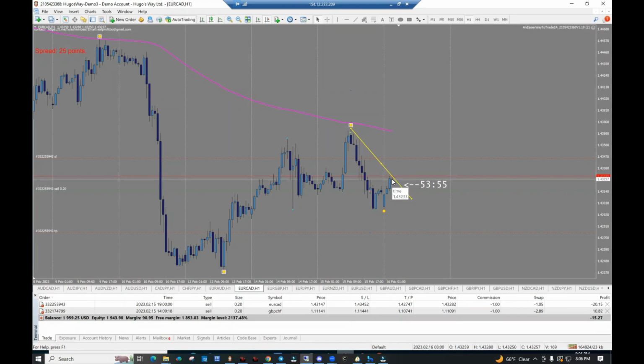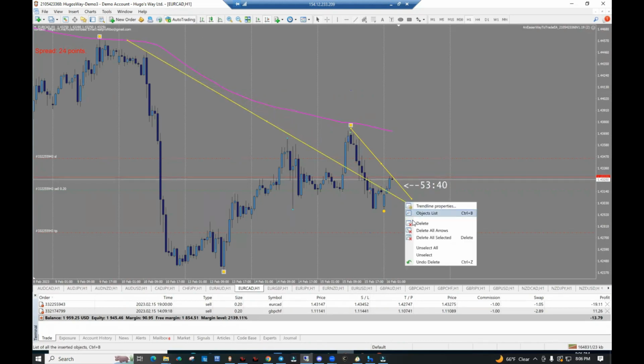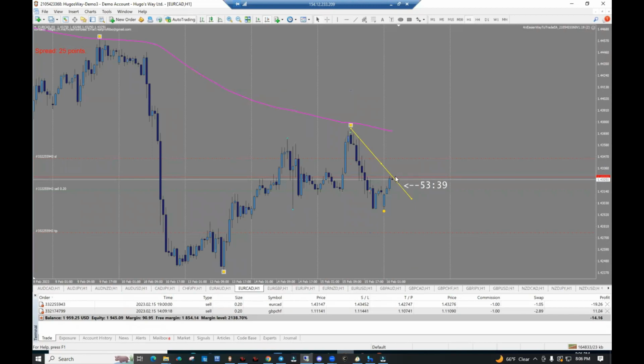Looks like we may be getting a rejection right here now. Because see, we have our trend line, price looks like it's going to bounce off. It's a bearish candle now, so hopefully this will continue on down, right? Because we are in an overall downtrend. But if it goes above it and closes, we would simply close. That's the management part. Let's go look at the other one now, which is